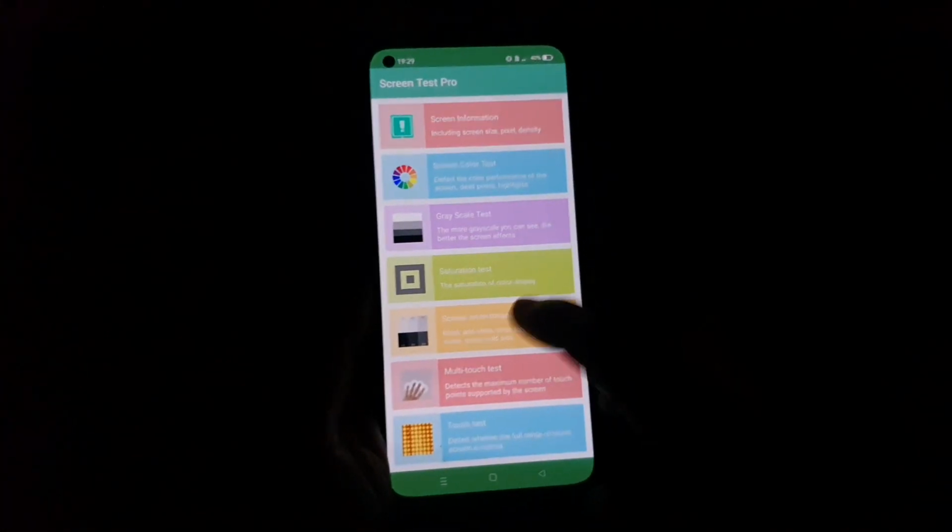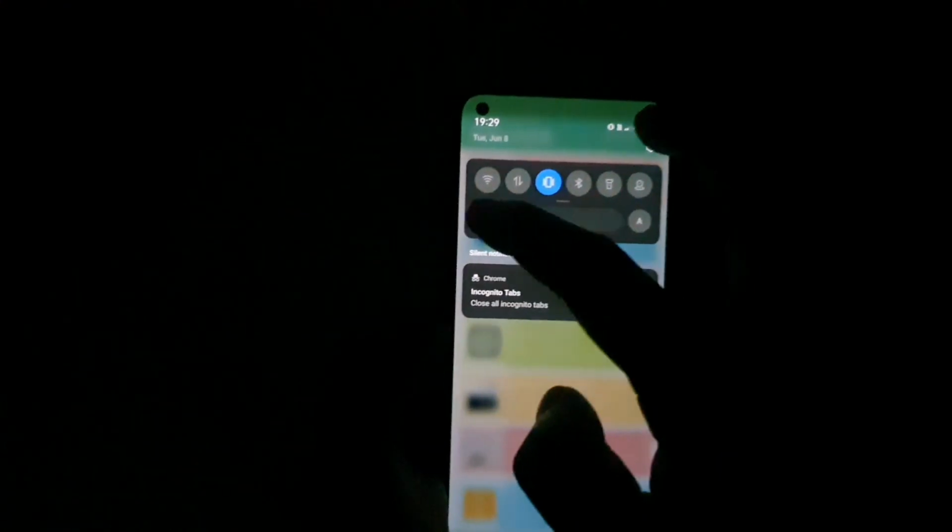Slightly, I am trying to increase the brightness. I am trying to see whether it makes any sense or not. Right now I cannot find that much green tint. Maybe this box a little bit, but I'm not sure. Let me try to slightly decrease it.